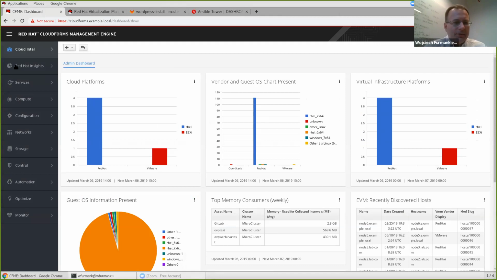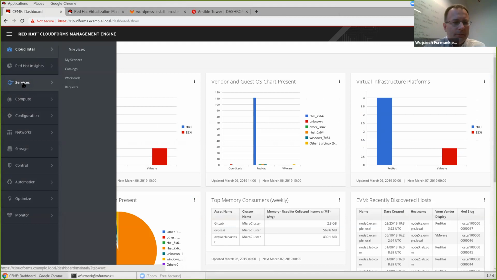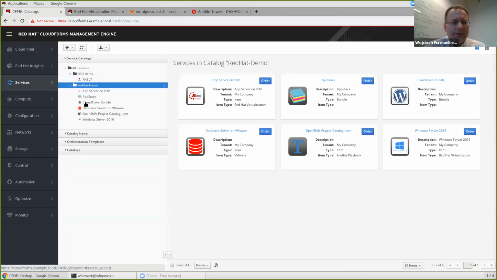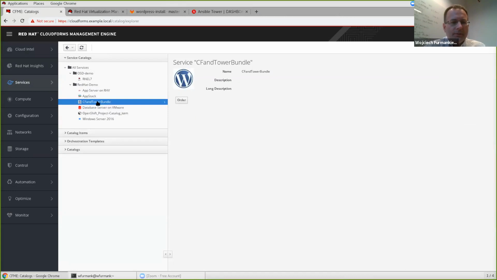I'm logged in as an admin, so I have a few more options than a user, but it looks the same from the user perspective. I'm going to click Catalogs and see what service catalogs are available. Our demo is here, Tower CloudForms and Tower Bundle, meaning VM plus Ansible automation. And I just click order.